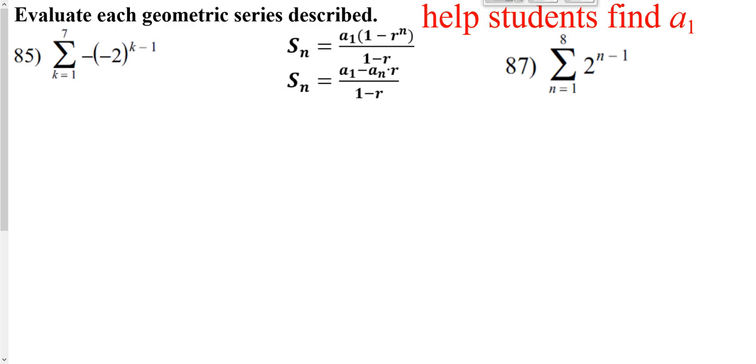So we're going to do the same thing here. Remember, the thing that your exponent's on is R. What's in front, which would really be just a negative 1, is your first term. And this is the number of terms. So we can use